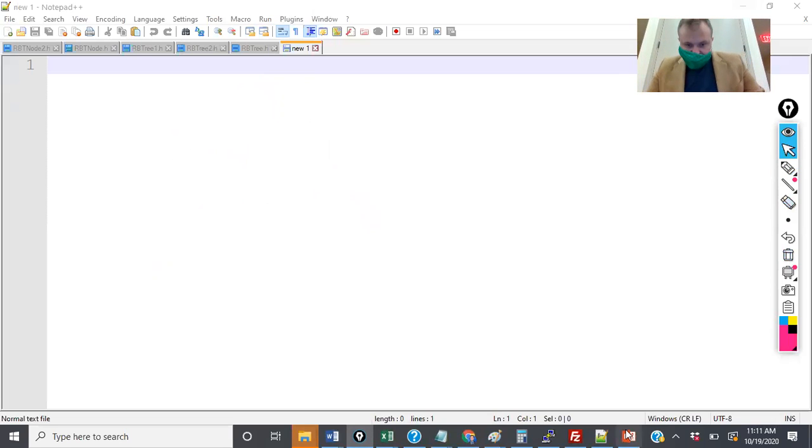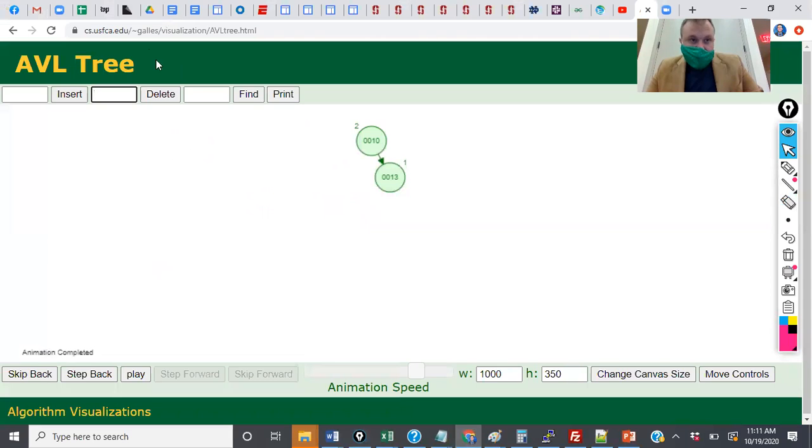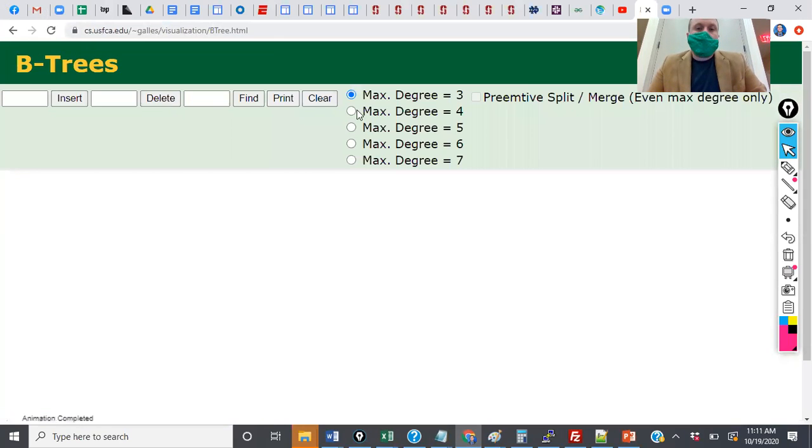So we have 4 minutes left. So what I would like to do is now let's go to a B tree. And I'm going to select max degree of 4 for this problem. In this particular case, you can also enter strings up to 4. So if I say NOTR, that could be like Notre Dame. If I put in DAME,